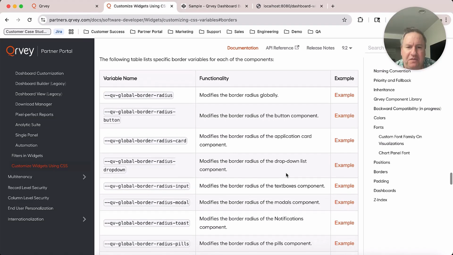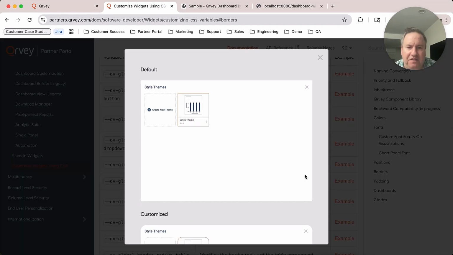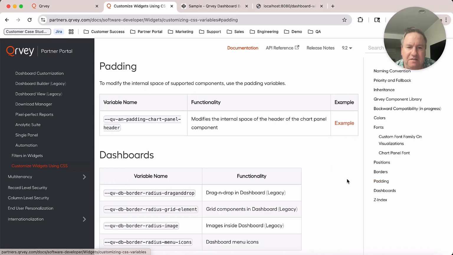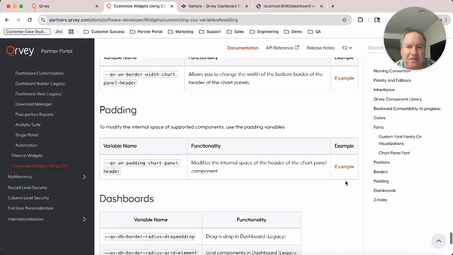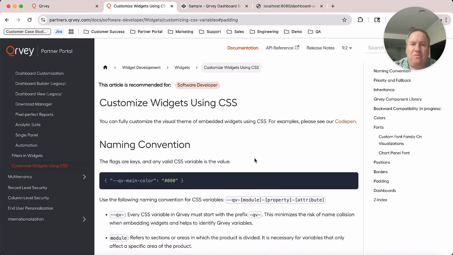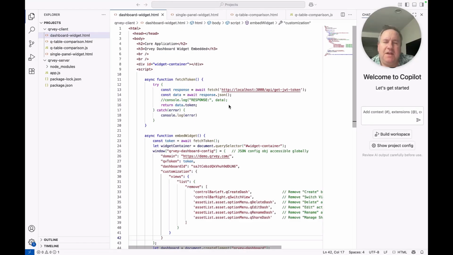We have variables for borders as well. Like I said, all of these have examples so you can see how it's going to apply, right? Paddings, dashboards, etc. So let's see an example of how we start to apply our custom styles directly in our markup. So here we are in Visual Studio Code, and this is just a sample front end that embeds a